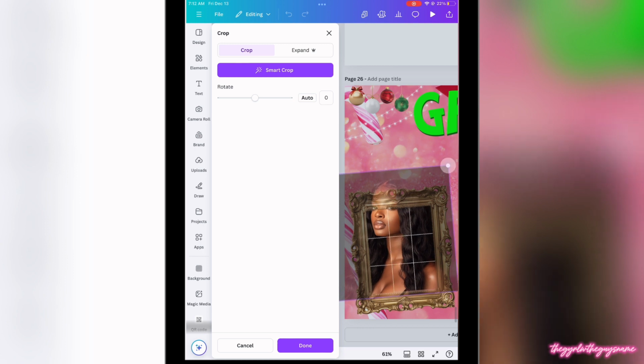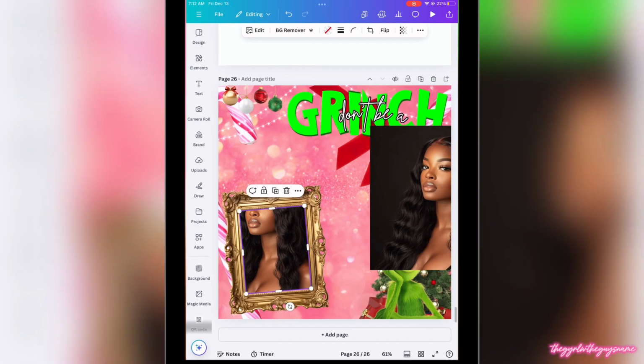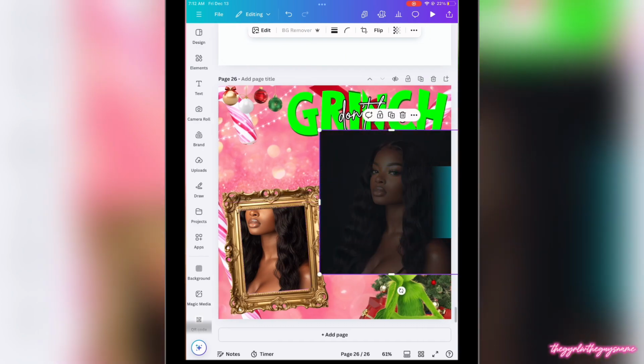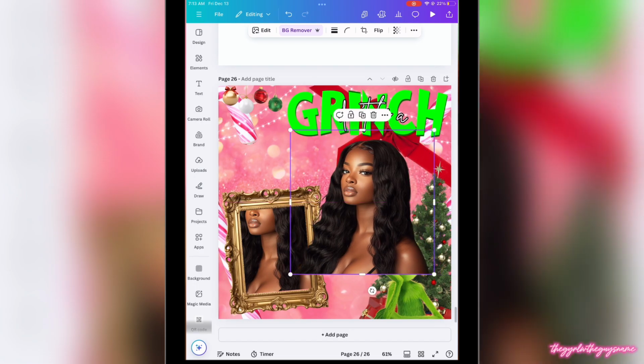So now what I'm doing, you guys, is enlarging this image. Why am I doing this? Because I want part of her image to be within the portrait, but I also want it to be,